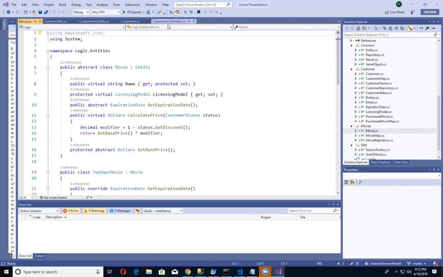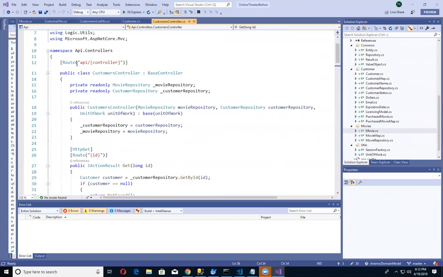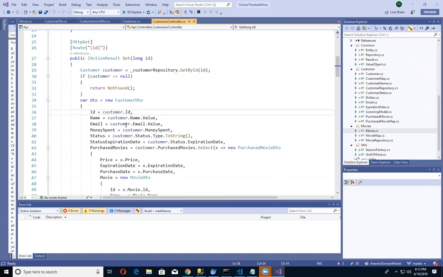But the idea now is these movie and customer objects are part of your domain core, the most important thing in your business that you want to protect. It is the part of your business that makes you money. What you end up exposing to the outside world in your controllers and such are now your DTOs.